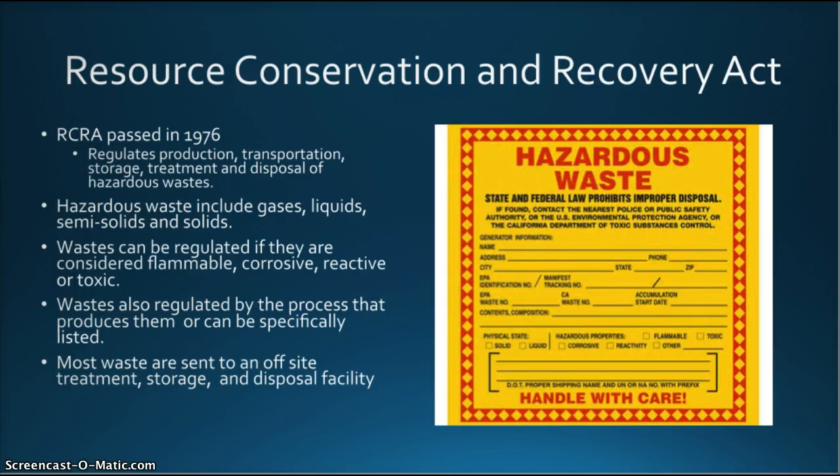RCRA also imposed many requirements on waste generators, especially those that produce over 2,200 pounds per month. Although waste generators do not require a permit to produce waste, they must obtain an identification number from the EPA prior to producing any regulated waste. Generators must abide by all the applicable requirements. These requirements include storing waste for no more than 90 days, and the accumulation clock begins the moment the first